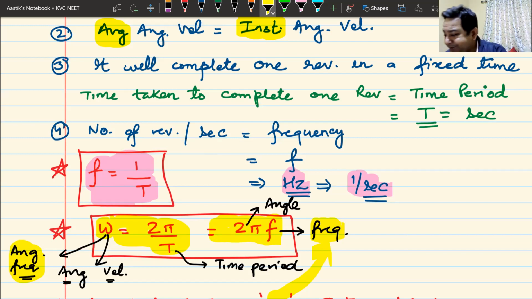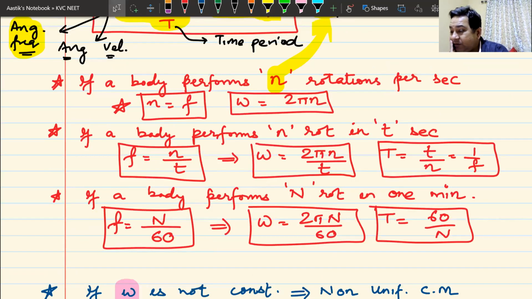Then we had seen some small formulae. If it is taking n revolutions per second, n becomes frequency. N revolutions in t seconds, n by t becomes your frequency. If it is taking capital N revolutions in 1 minute, then your frequency becomes capital N by 60, which is right now on your screens. It was pretty simple. We had also seen in the previous class the other concept,